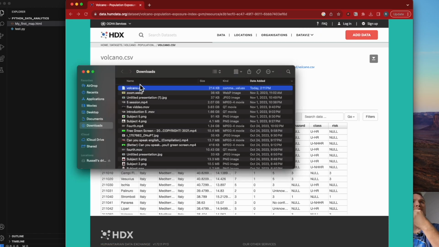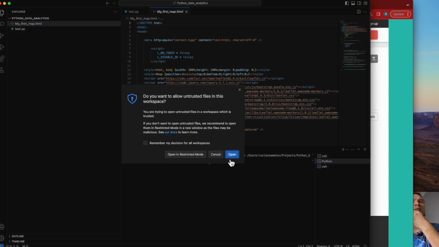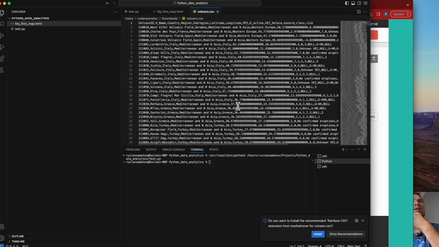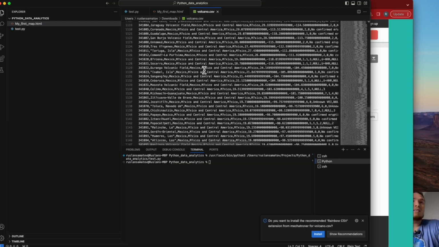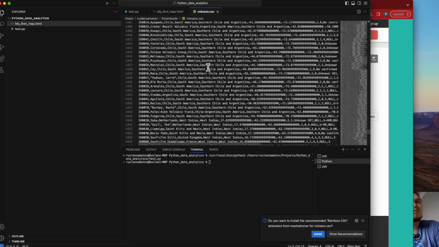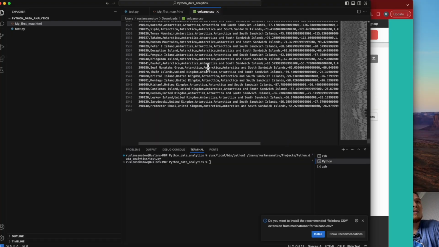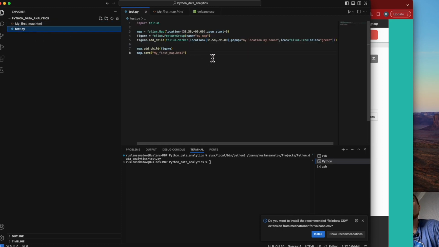Let's open that. As we can see, we have our volcano ID, name, country, whether it is active or not, longitude, altitude. And as we can see, it's a lot of data, like 1,000 lines. Imagine you need to locate all of them on your map.